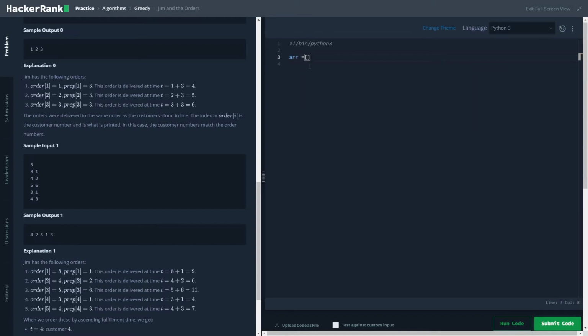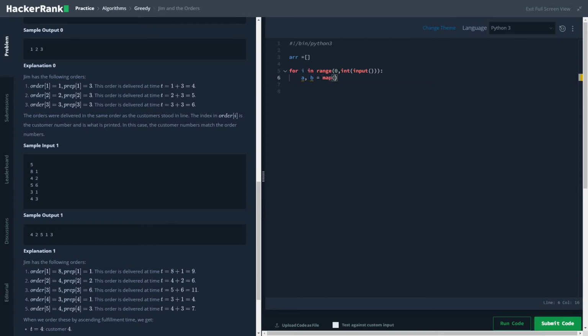So we'll first initialize the array to store these values, and we will write a for loop: for i in range(0, int(input())). The values of 8 and 1 we will store into two variables, a and b.